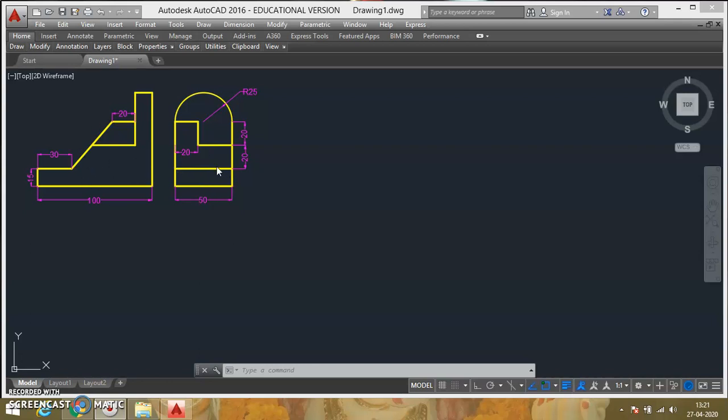Whenever front view and side view is given, in that case, origin is by default here and here when it is third angle position. So if the origin is not given, still you can consider the origin is located here and here. So automatically length will be going on this side and width will be going on this side. So to start with,